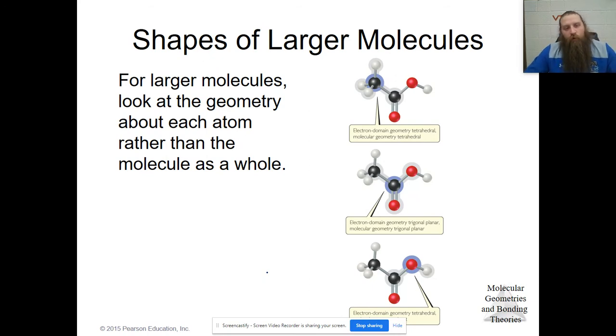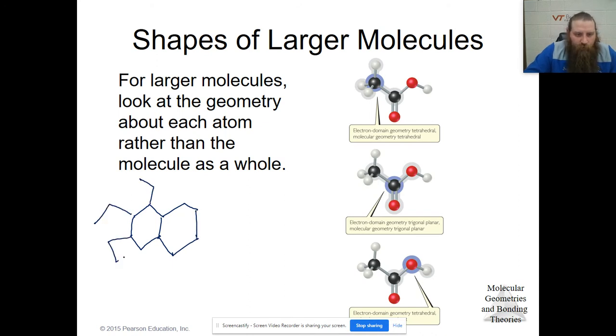Now, those geometries are great for smaller molecules, but once we start to get to really big molecules, especially in organic chemistry, then we stop trying to describe the molecule as a whole. I don't want to scare you away from chemistry, but you've probably seen benzene before. We usually draw it like that. Well, something you should know about benzene is it's not flat. It's got a 3-dimensional shape to it. And when you start adding other rings and functional groups and stuff on,